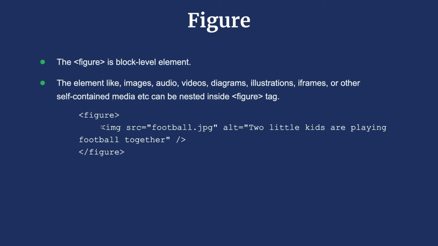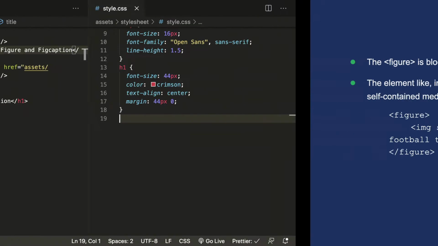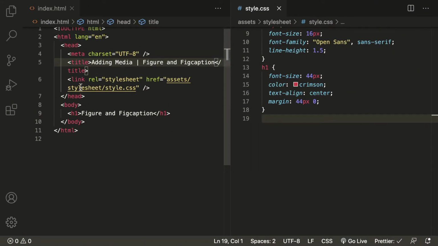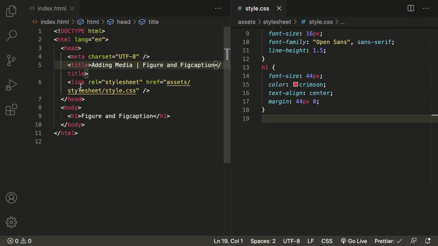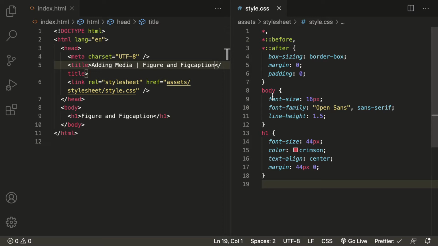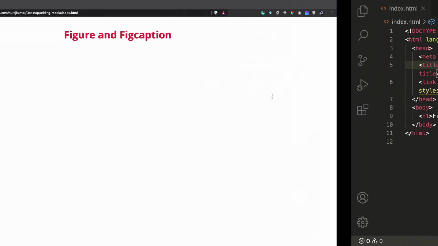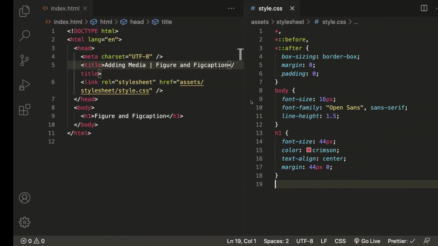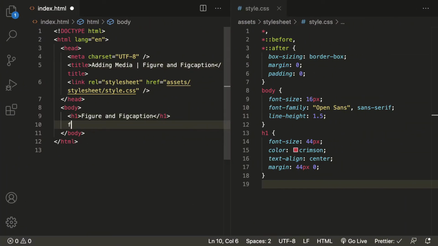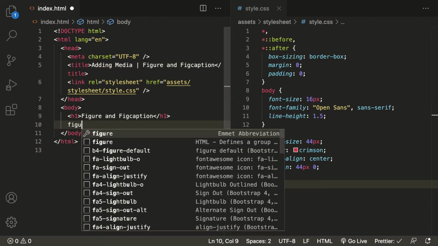Now let's experiment how we use the figure element inside our page. For that purpose, here I have taken one index.html file with a standard HTML document, and inside the style.css file we have a few normal styles, and if we look at our page here, it looks something like this. Now let's use one figure tag. So after the h1 tag, let's take a figure tag.